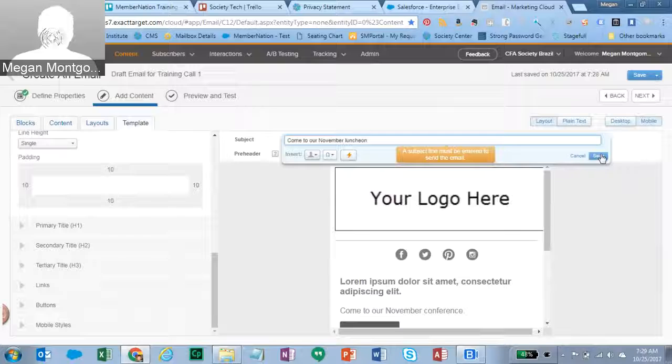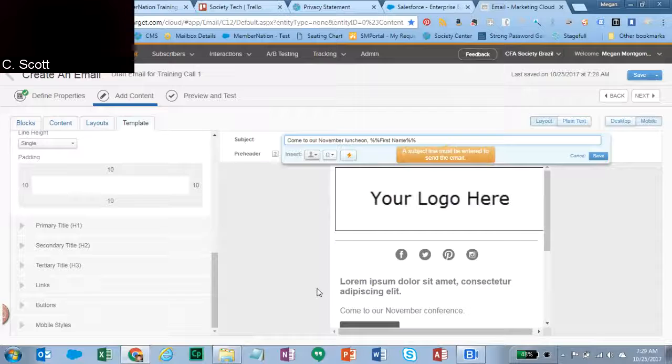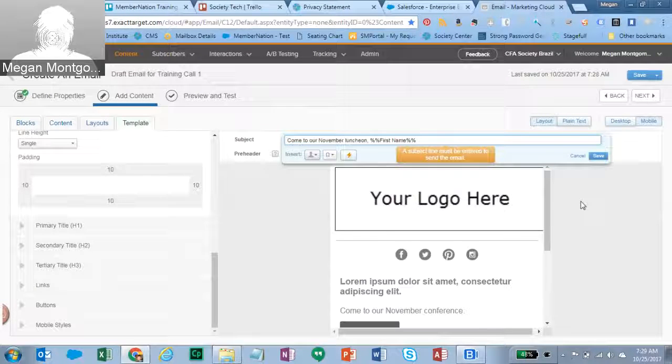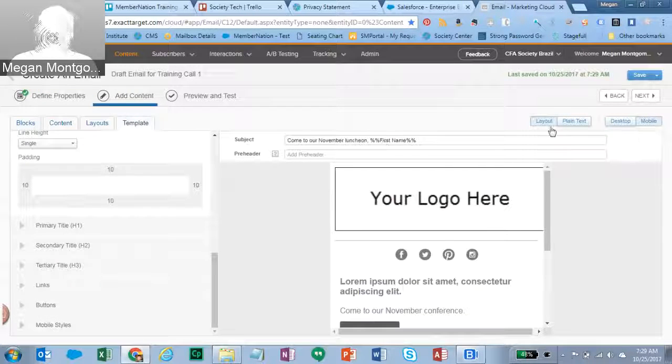We'll put that name there, and we'll save that here. You can also add personalization to the subject line if you want. So we'll put something like, come to our luncheon, November luncheon, John. So we'll go ahead and save that. Again, you don't necessarily have to do this section if you don't want to, because you'll have the chance to